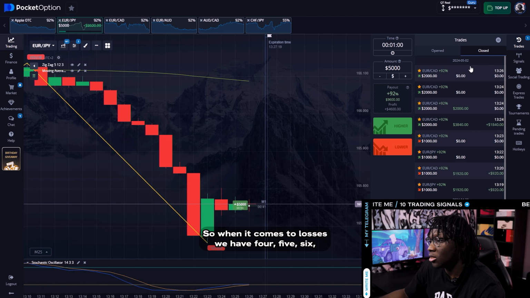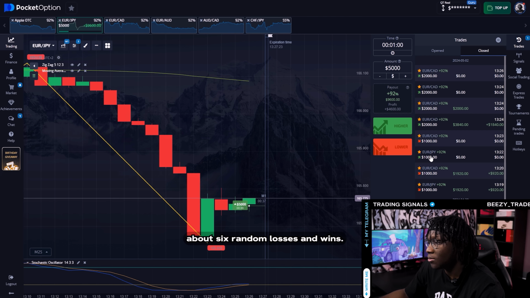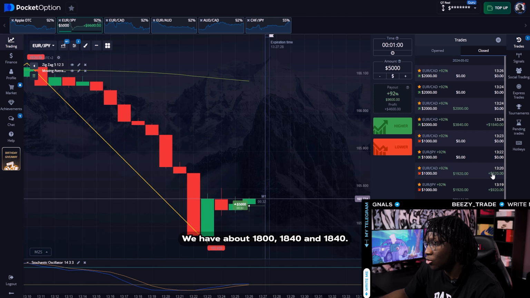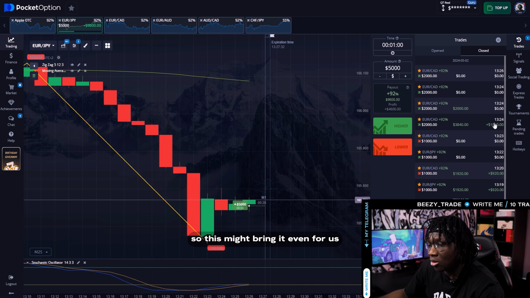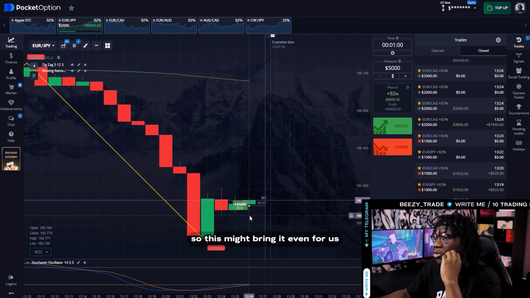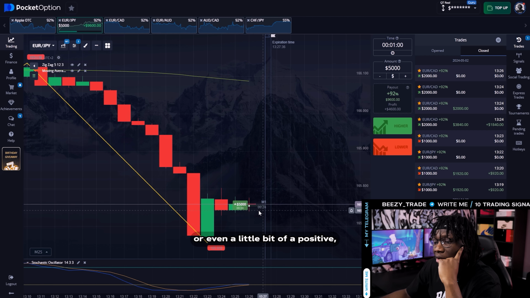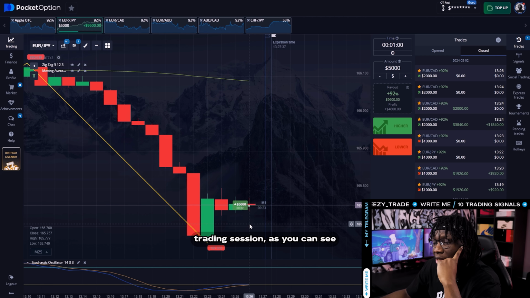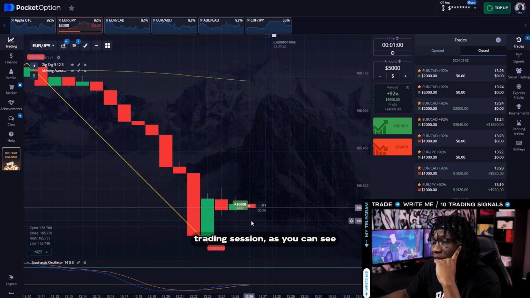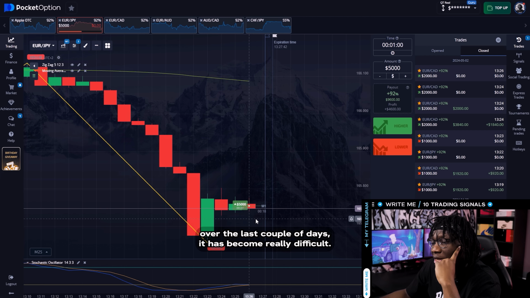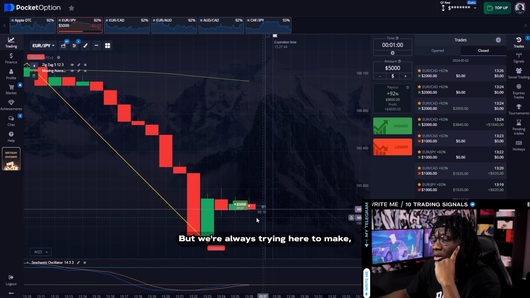So when it comes to losses, we have 4, 5, 6, about 6 random losses. And wins, we have about 1,800, 1,840, and 1,840. So this might bring it even for us, or even a little bit of a positive trading session. As you can see, over the last couple of days, it has become really difficult, but we're always trying here to make